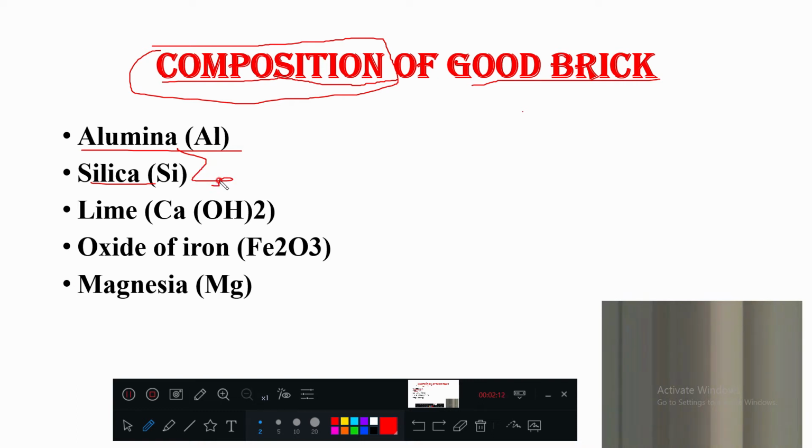They will give the desired properties such as color and bindingness. Then lime, Ca(OH)2, oxide of iron, Fe2O3, and magnesia. These are the five basic constituents which are present in a good brick.